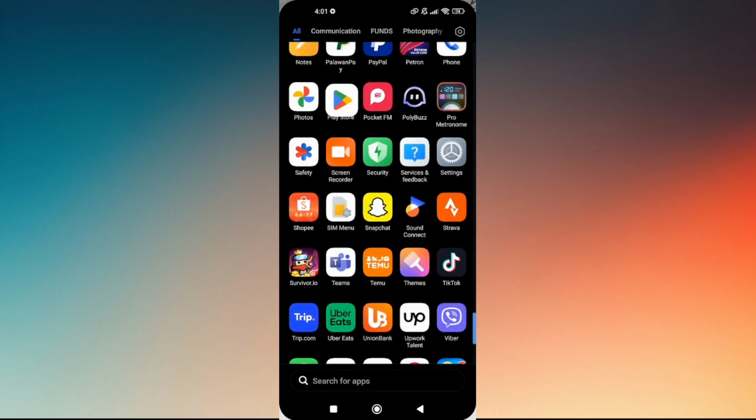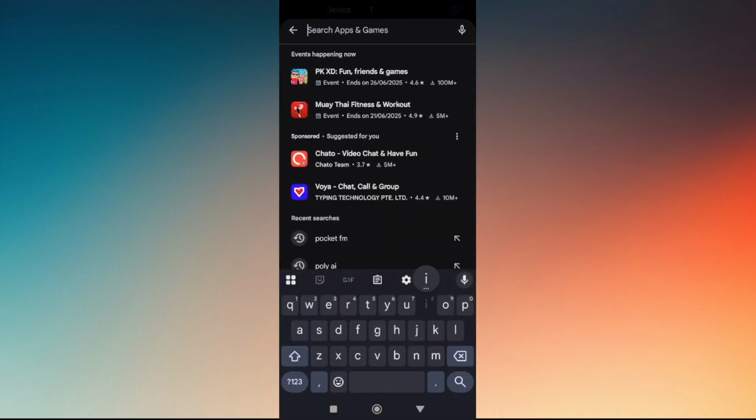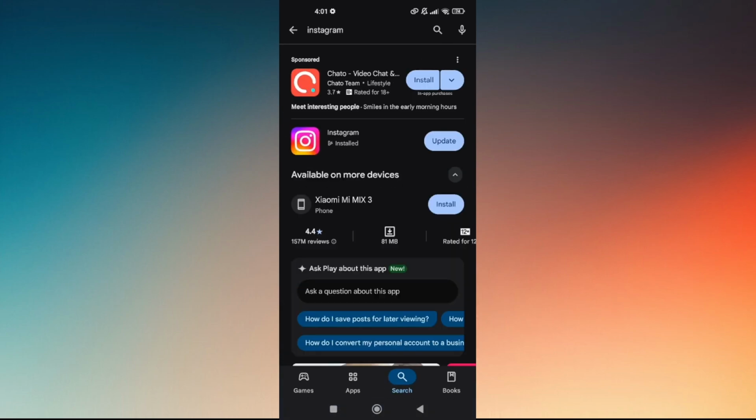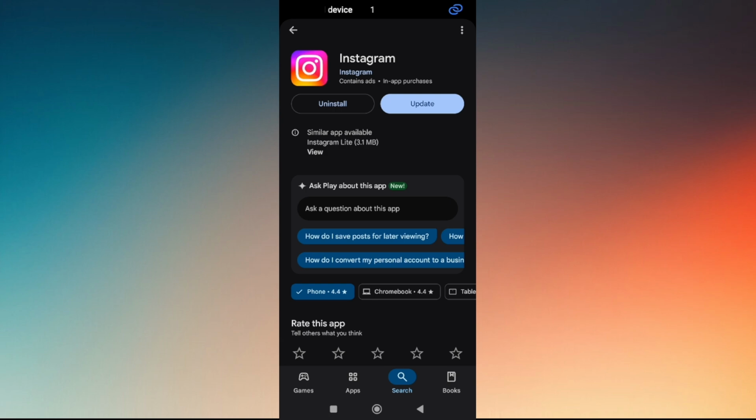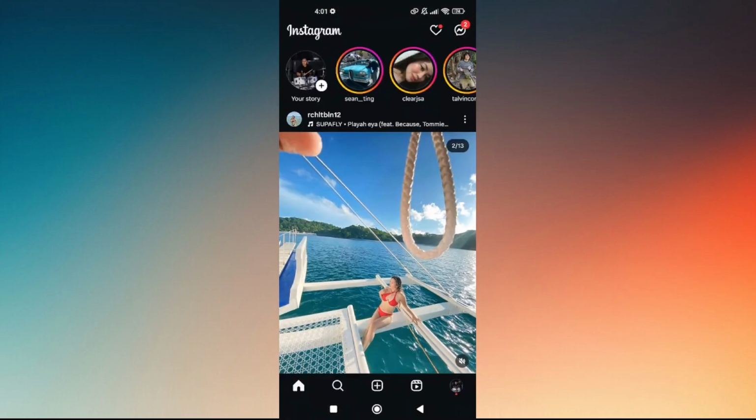Head over directly to a specific store where you have downloaded it and ensure that the update button is not visible. If it's not updated, like mine on my end, just simply tap on update and it will automatically do the magic by itself. Now access your Instagram application, and the first method that you can do is head over